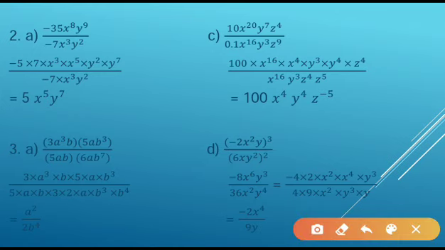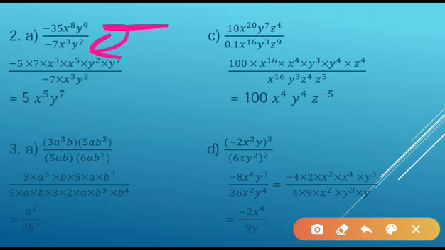Next question also, the divide. First of all expand the numerator. When you expand this, minus will be as it is and 35 can be written as 5 into 7. And x to the power 8, I am expanding x to the power 8 in terms of x cube so that both can be cancelled.